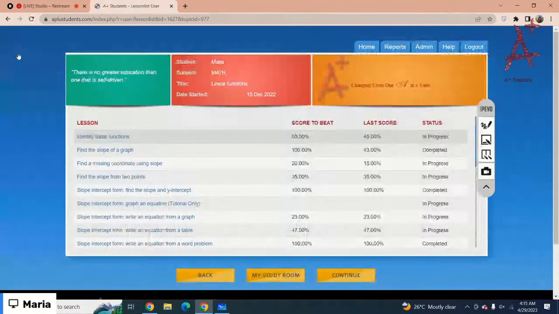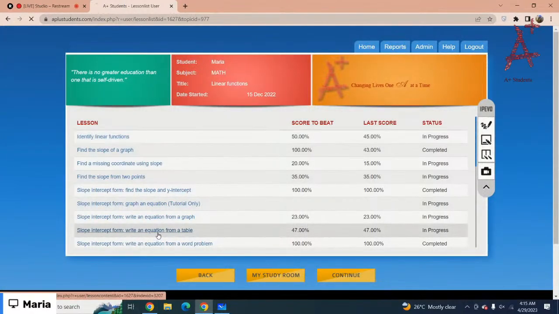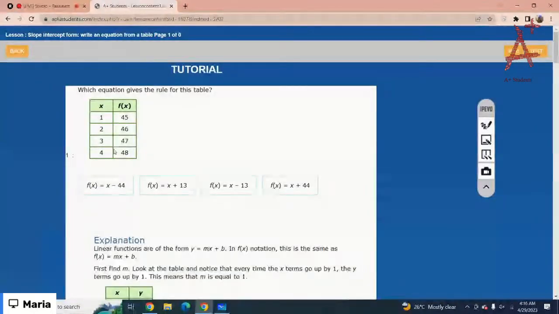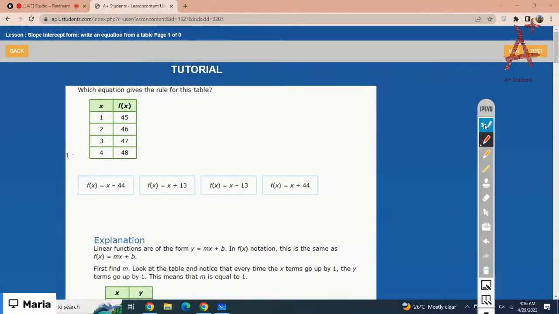And the next lesson is slope intercept form, write an equation from a table. So now you are given a table, you have to write down the equation from the table. Got it? So here is the table you are given. You have to write down the equation. Again, you need to do the same two things. You need to find the slope and the y-intercept. Got it? So the slope is